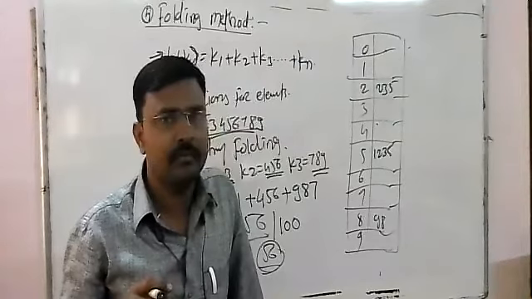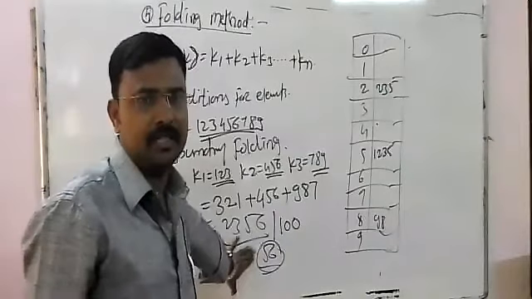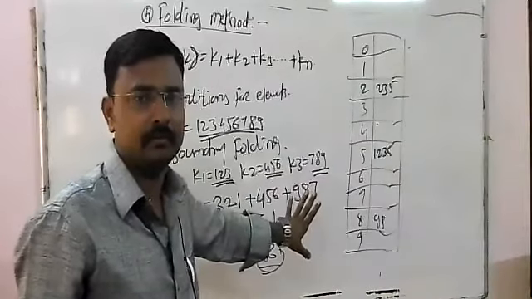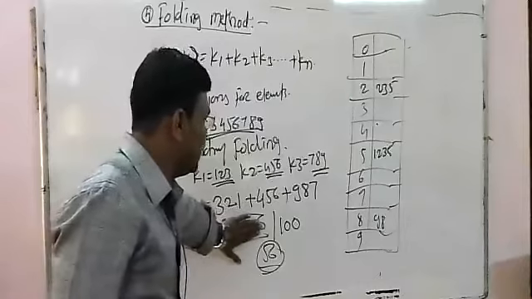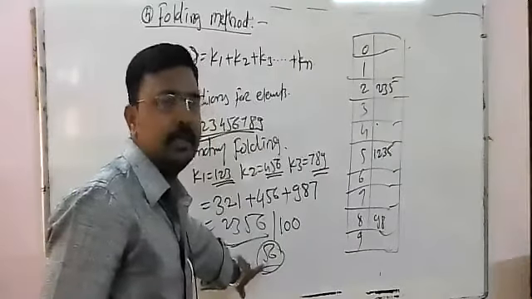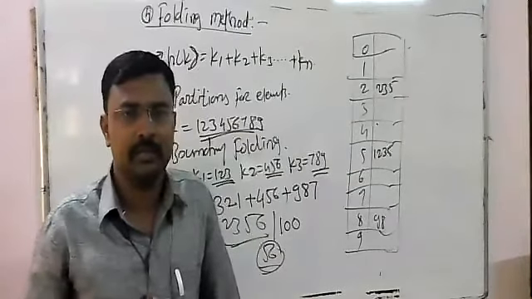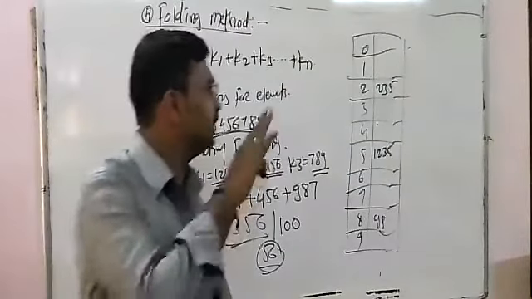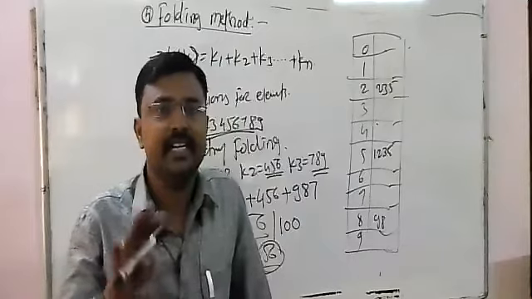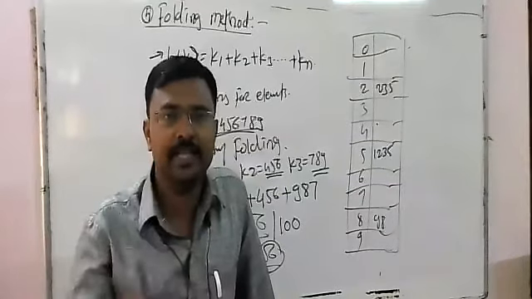Sir, the addition comes to 1764. Whatever I have just written is a random number. I have not calculated the addition. Whatever the addition may be, I have just written a random number. What we have to do is take this number modulo 100, and whatever the last value is, that is nothing but the index value. Got it? Right. So these are the four hashing techniques, with the help of which we calculate the hash value.